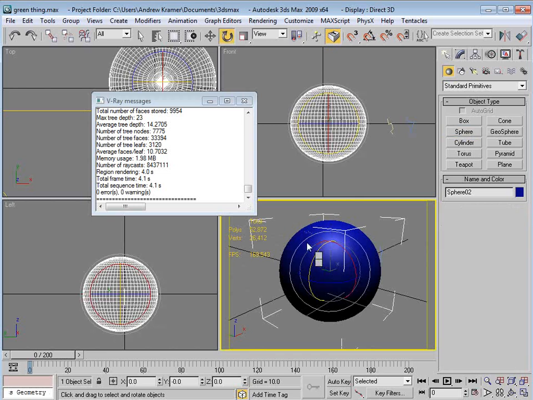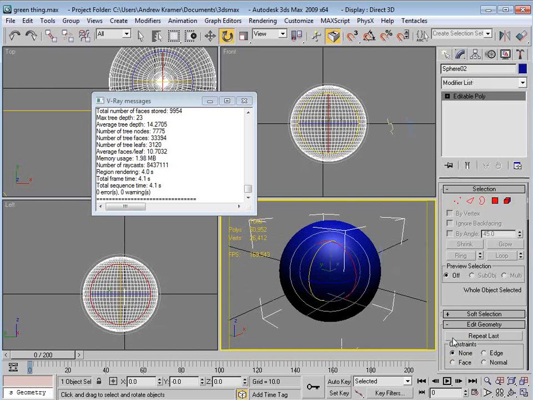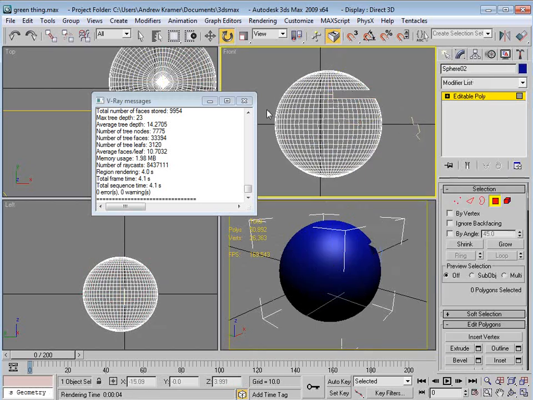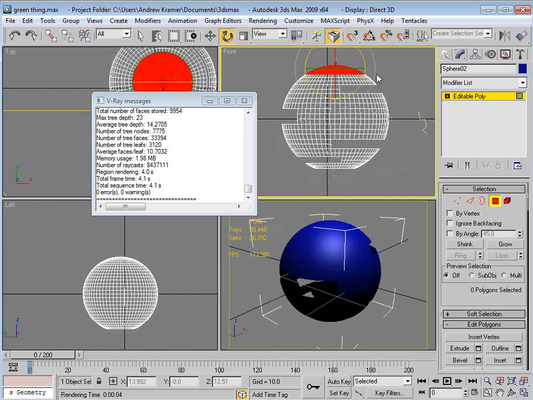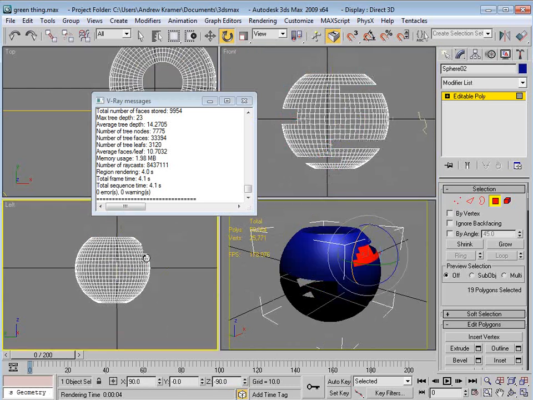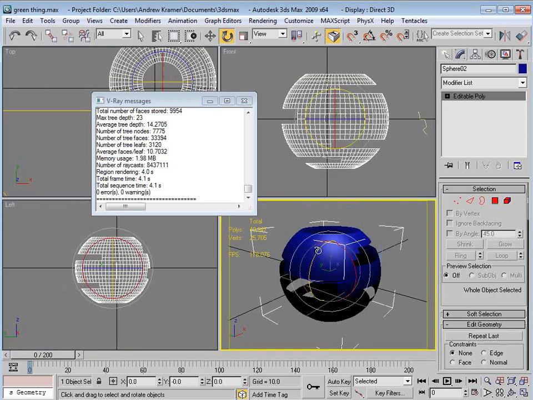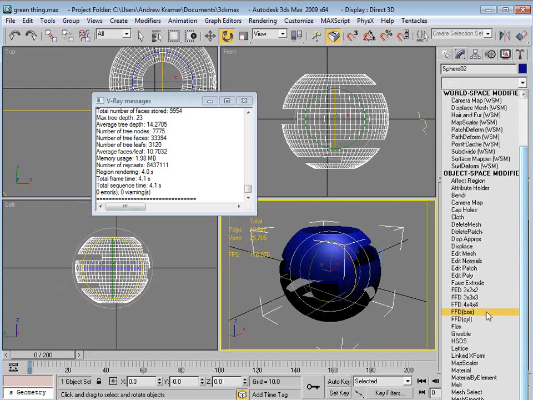Convert it to an editable poly. Go into the edit poly. Basically just delete a bunch of pieces, maybe the bottom, and do the same thing from like the left side also. And so then the mesh looks like that, and then just go into the modifier and add the shell modifier,